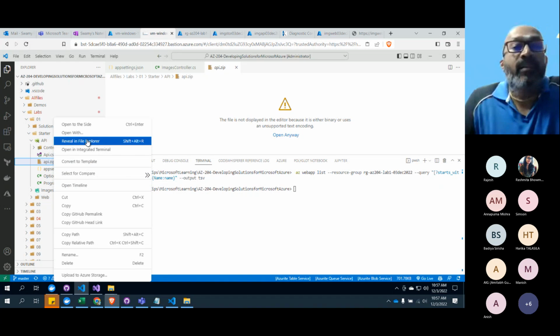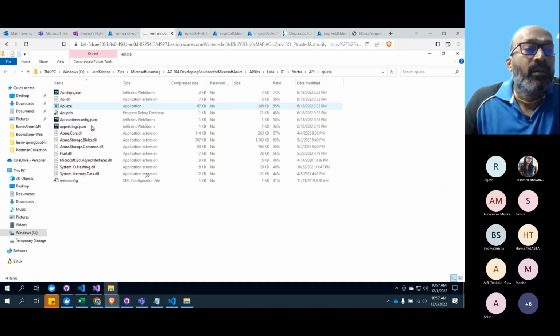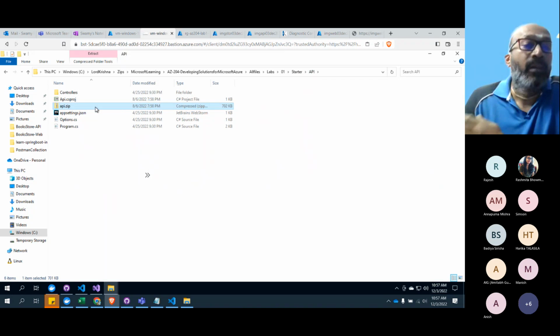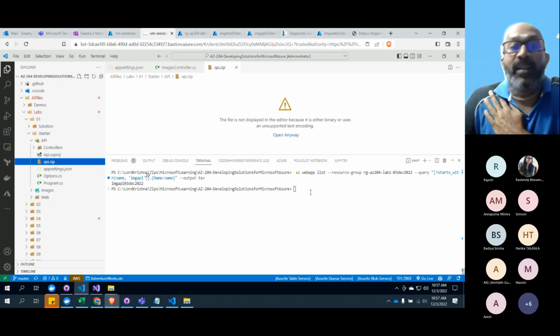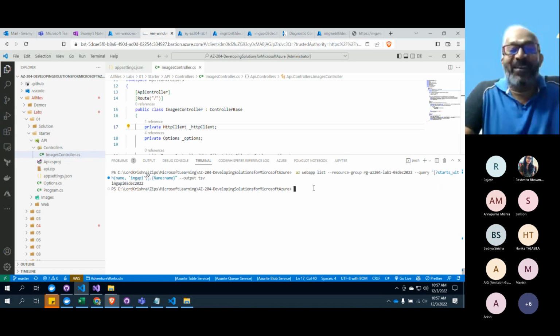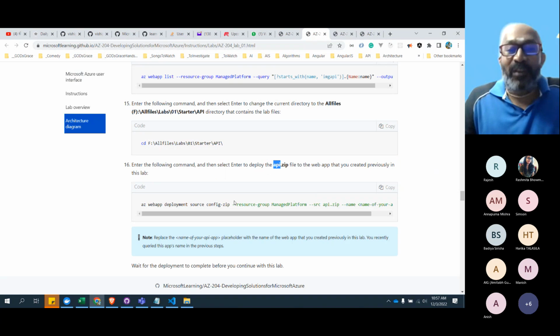Let's see what is there inside the zip file. Double click the zip file. See this, that's the published item. You're not seeing any of the C# files. So this is the published zip file. Things have been published and it is already available in the zip file. So they made our life easy. In fact, they made us lazy. We are not doing it, it's already done. So that means we are becoming lazy. It's not good for our health.